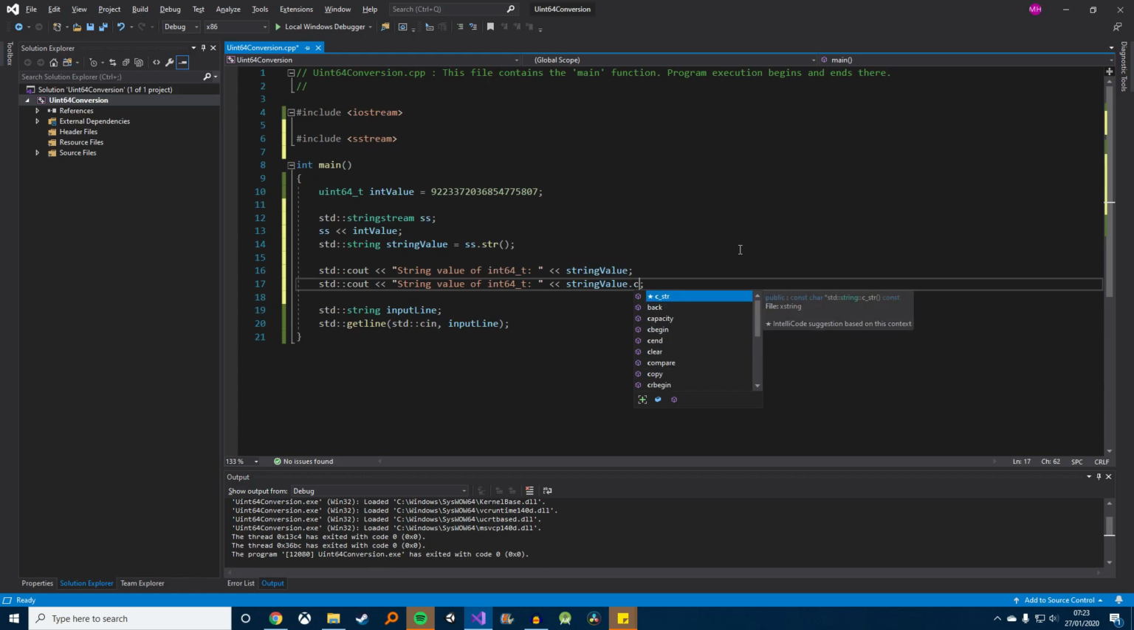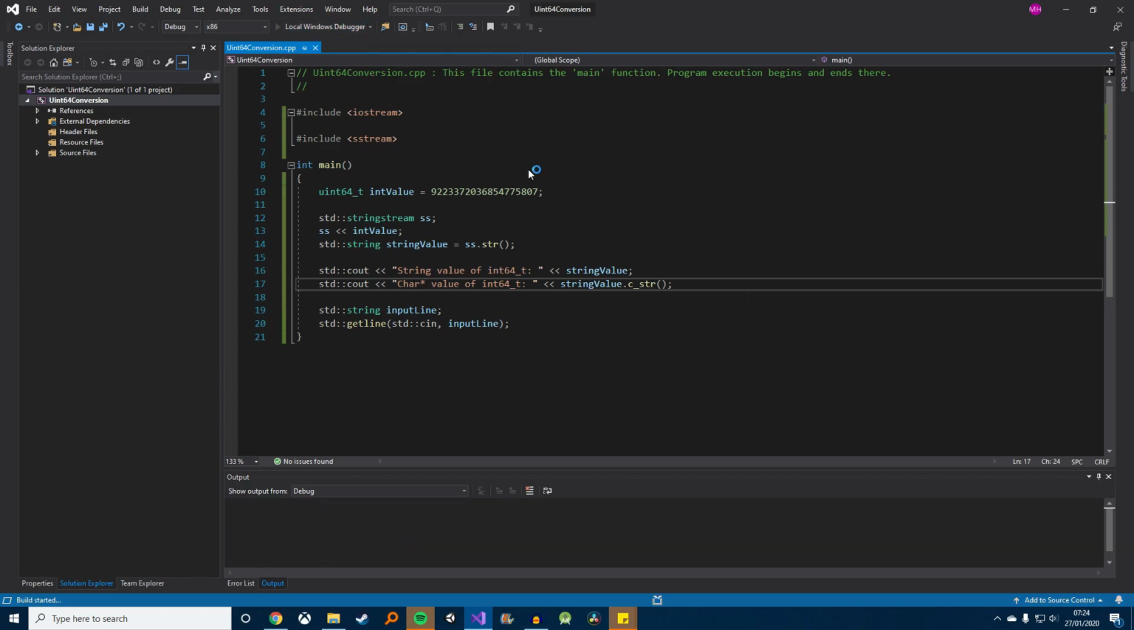const char array, sorry, we can just use c_str on the end of the string value we've got out. So if I just do char value of that, and then just to prove this works, let's hit run,